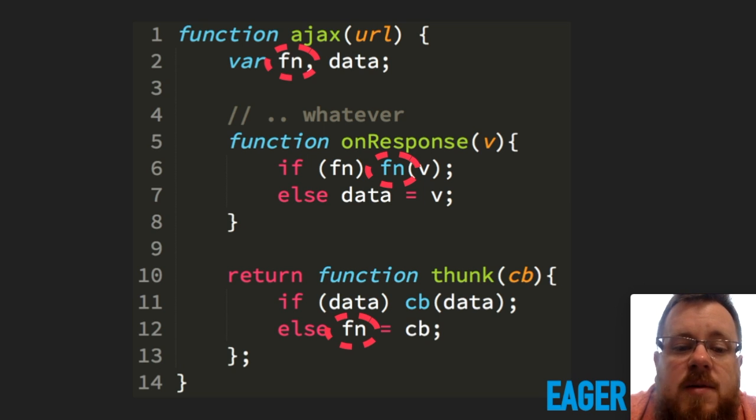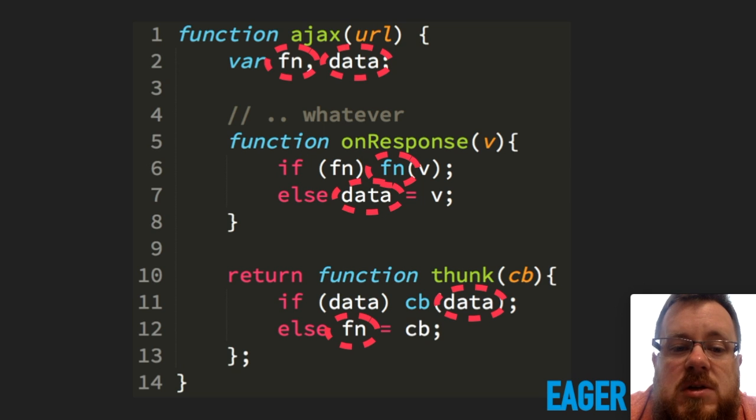Similarly, we can close over the data variable in the same way. And we know on line 11 that the only way the data variable gets set is if it's been set from line 7. In other words, in that way, those if statements know whether or not the function respectively is the second one to run.